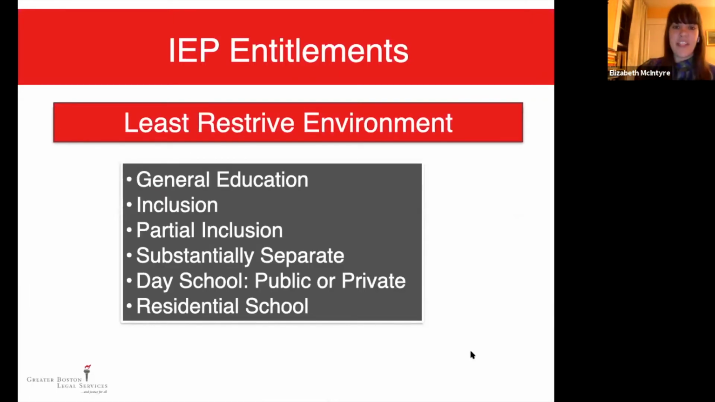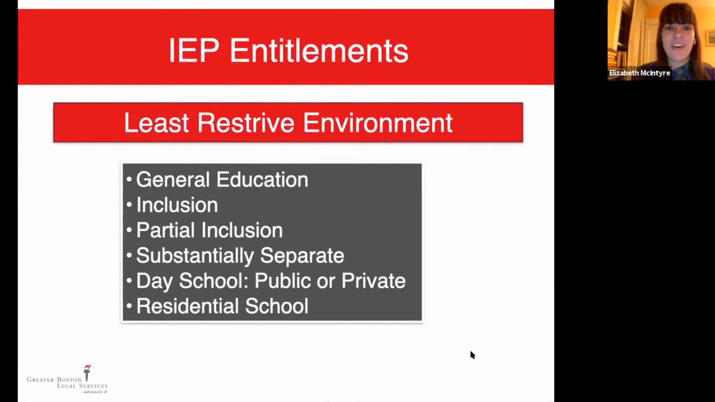Now, all of those things that I just talked about, specially designed instruction, how kids get taught, related services, the services that they need, and accommodations, the things that a school has to change in order to support that student, those all have to happen in what lawyers call the least, oh goodness,